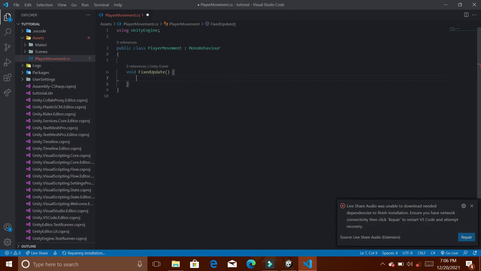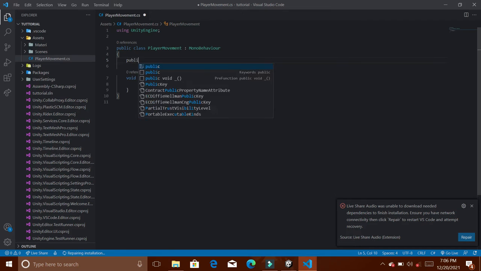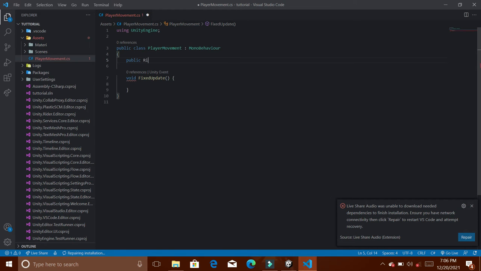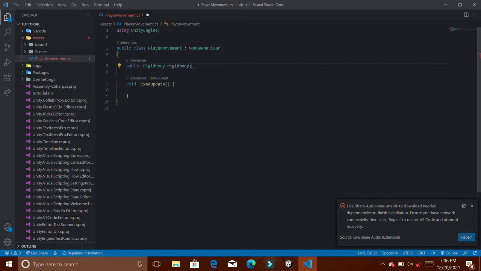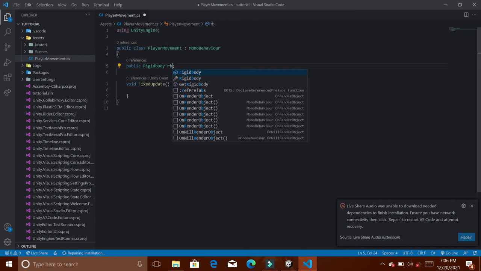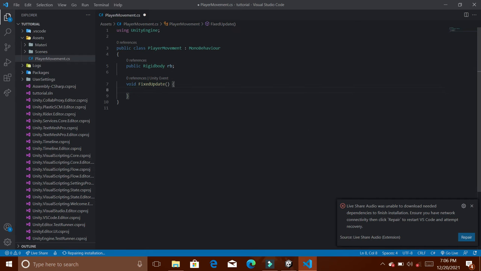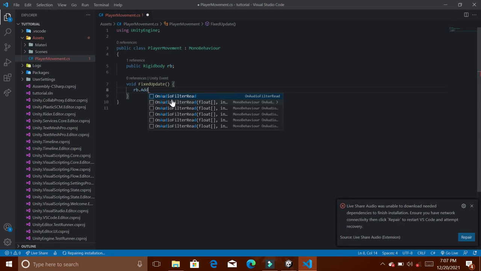And now in here we're just going to make a reference to our public rigid body. Go ahead and write RB. We can actually leave it like this, but I actually prefer using RB. It's shorter and easier to remember and write. And in here, we're just going to write RB.AddForce,